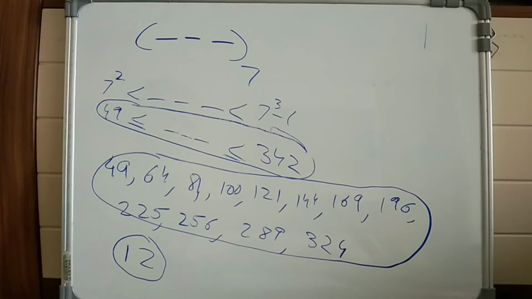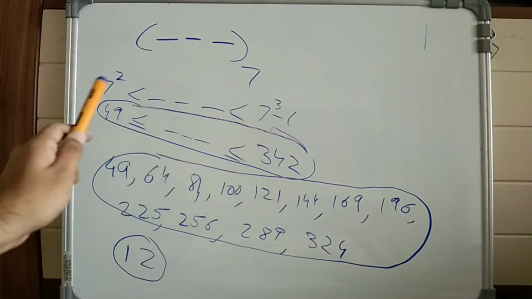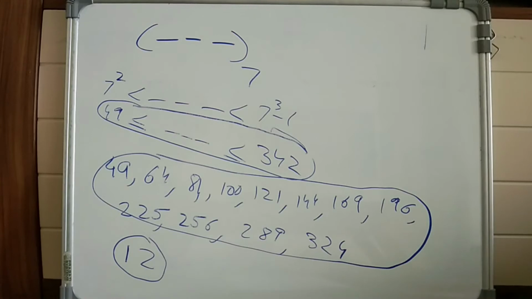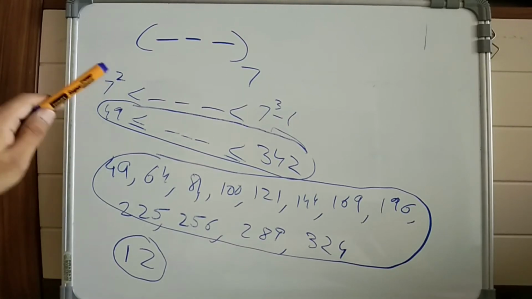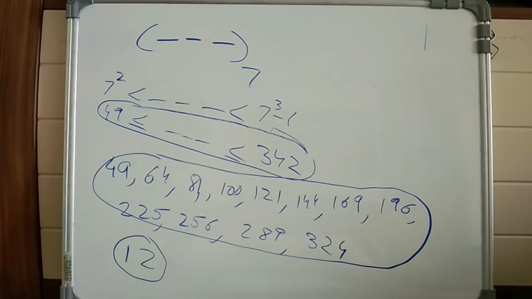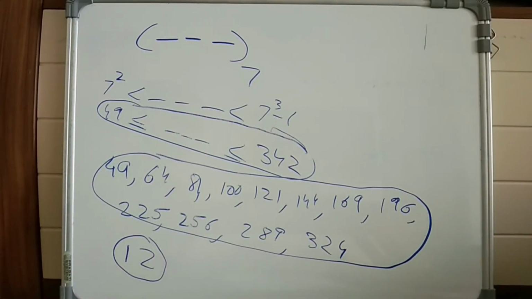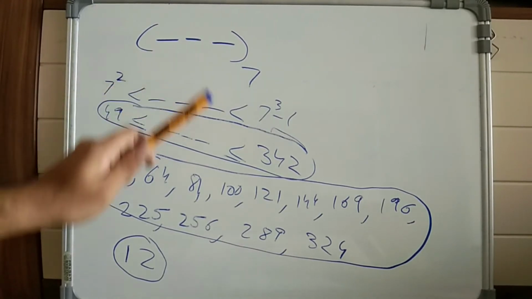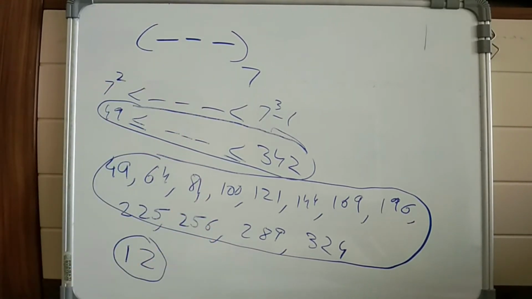I hope you understand this particular question, and what we need to take care of over here is to find the minimum and the maximum value in this way. There is no need to apply the sum of GP formula. That will surely be a waste of time. So we need to find the range this way only. Okay, so the answer to this question is 12. One more thing, the answer will remain the same whether we work in base 7 or base 10, so it is always advisable to work in base 10.